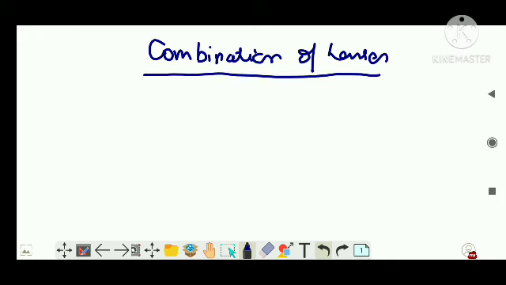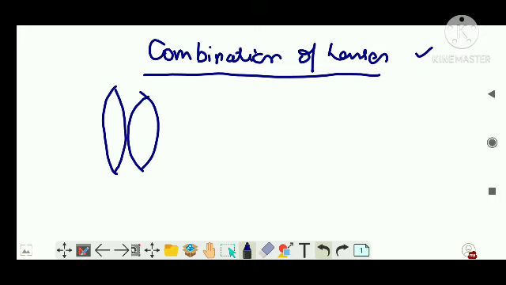Similarly, combination of lenses is something which is present in your NCERT as a topic itself, right? But combination of mirrors as a topic is not there in your NCERT, but problems may come, right? So first, when there are two lenses, like this, and they are very close